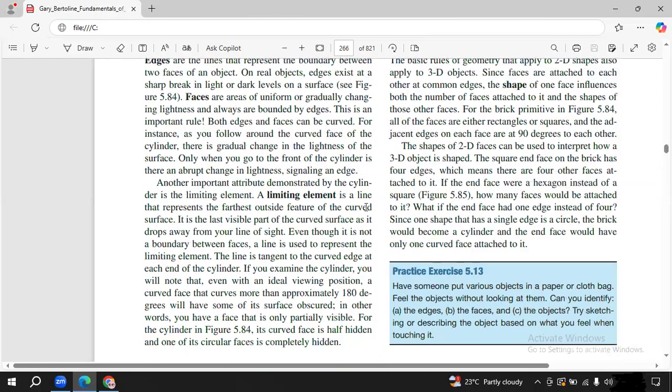So a limiting element is a line that represents the farthest outside feature of the curved surface. It is the last visible part. You see, it is written here. It is the last visible part of the curved surface and it drops away from your line of sight. It drops away from your line of sight means you cannot see beyond this line. After this line, whatever is there of the same plane is your rear view. You cannot see that,